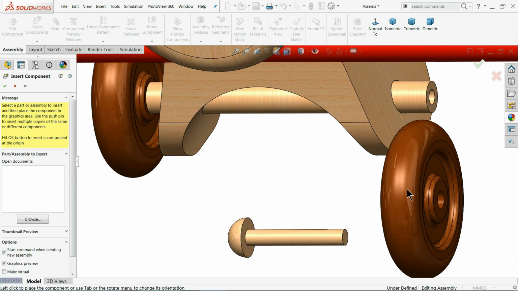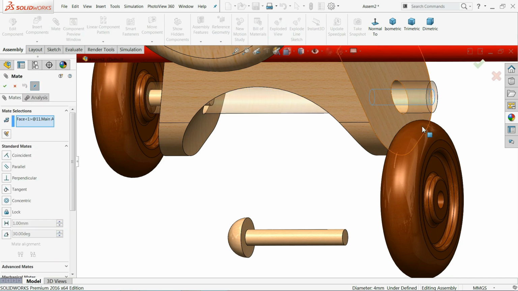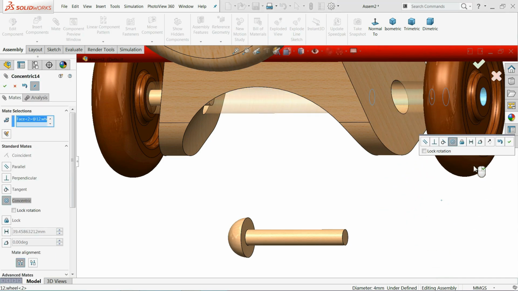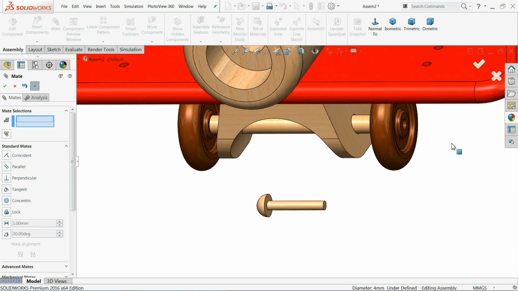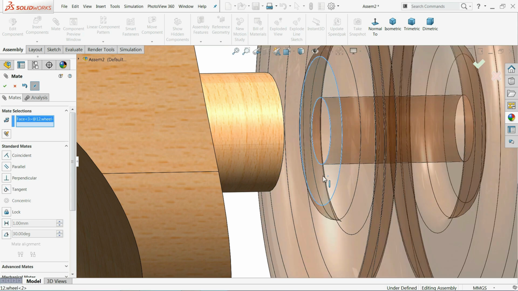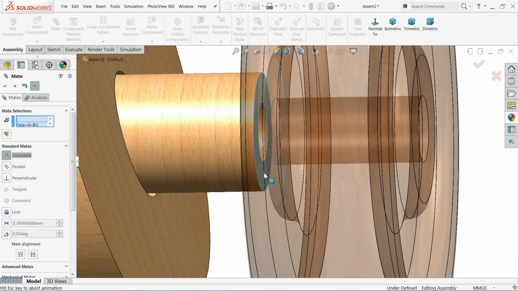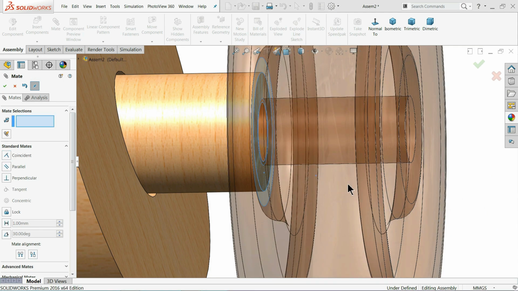Mate, insert, select circle hole, wheel hole and this hole. Oh, sorry, we selected the hole and this hole, concentric relation. This face, tilt, this face, coincident relation.